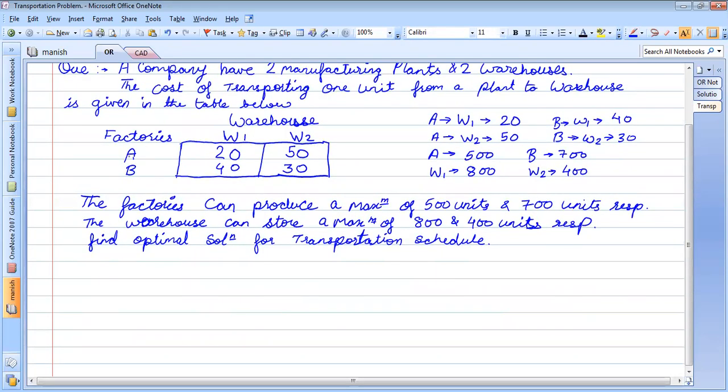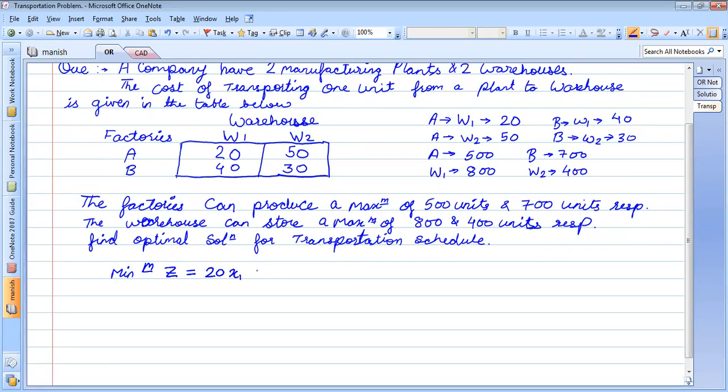Let us try to create the LPP, the linear programming problem. I would write minimize Z, that is my objective function, equal to 20 into x1 plus 50 into x2 plus 40 into x3 plus 30 into x4,